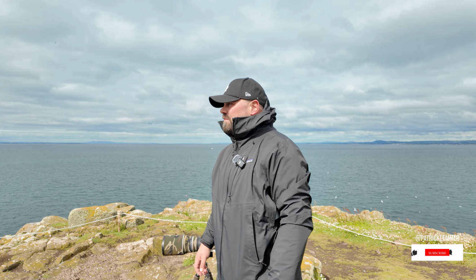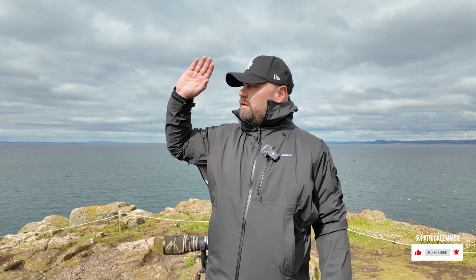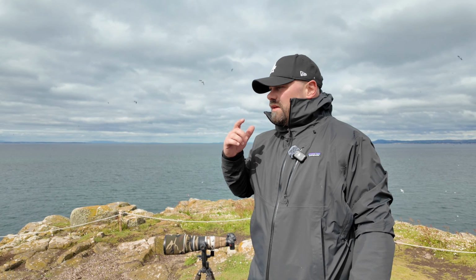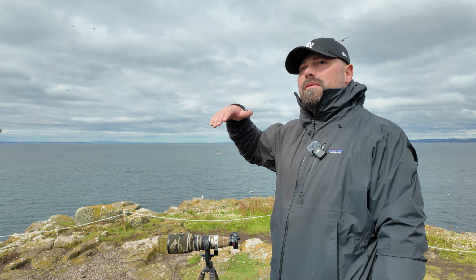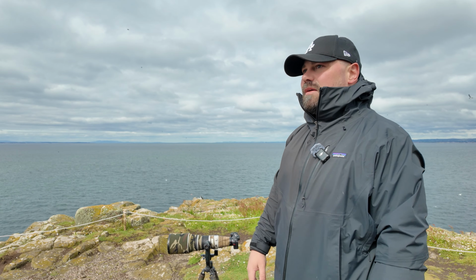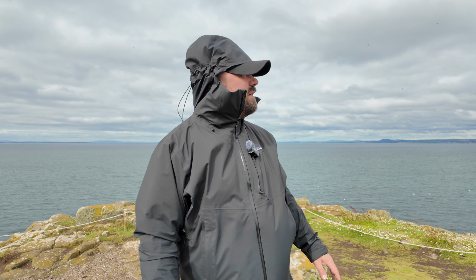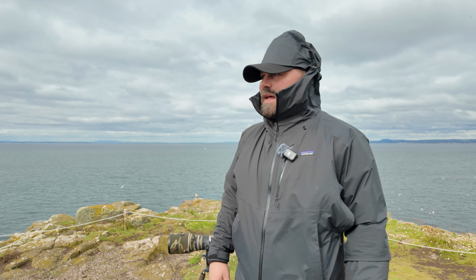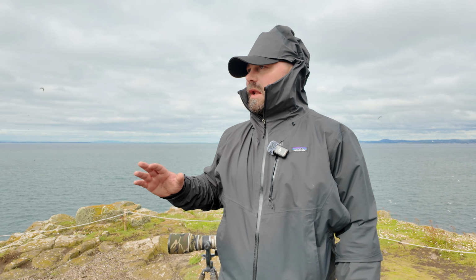Right, so this is it. It's the western side here of that island. That big rock is over there. That's where they used to, or still are in large numbers, but I'm fairly high, almost at the top of this island. The weather is still alright. The clouds are moving in more and more now, but there's still some light, so I'm not bothered about that now. I'll just wait it out here now, and while I wait for them, there are